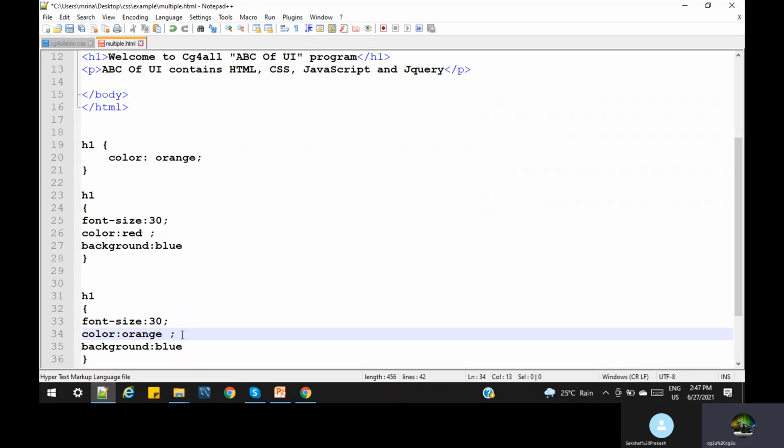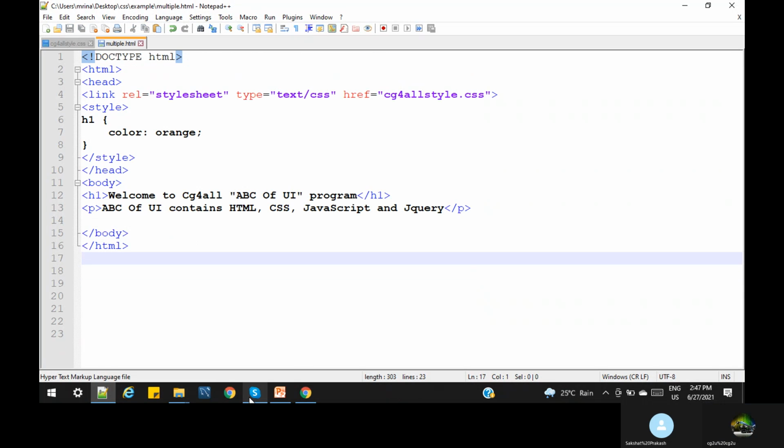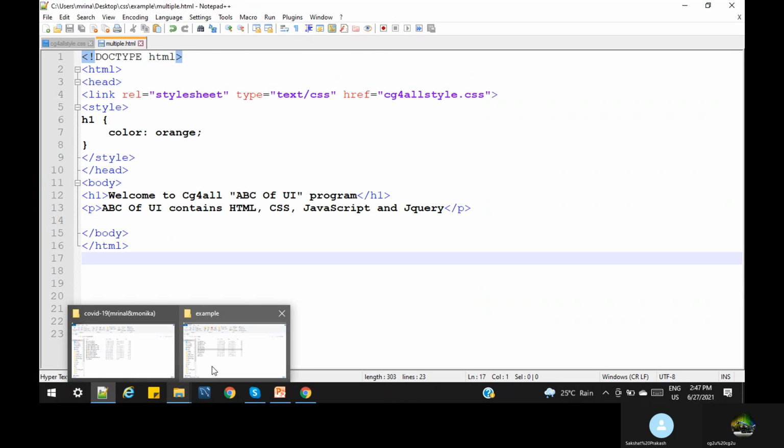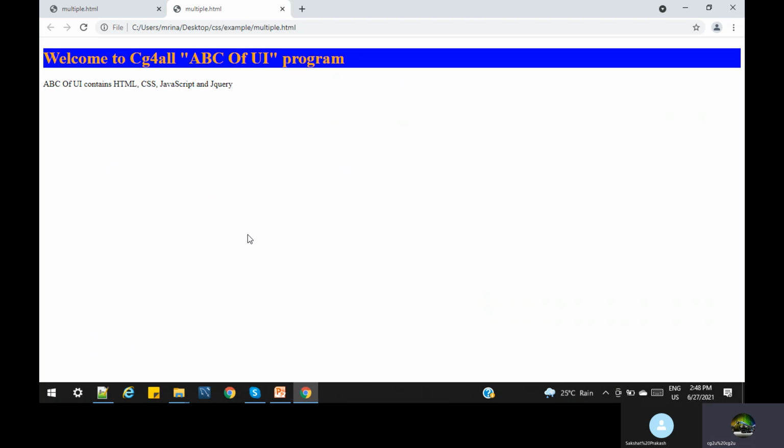Because the external CSS is loaded first and its color is red, but due to the internal or embedded CSS the value is overridden, and this is the output. So let's run this and then it should be clear. Hope it is clear.